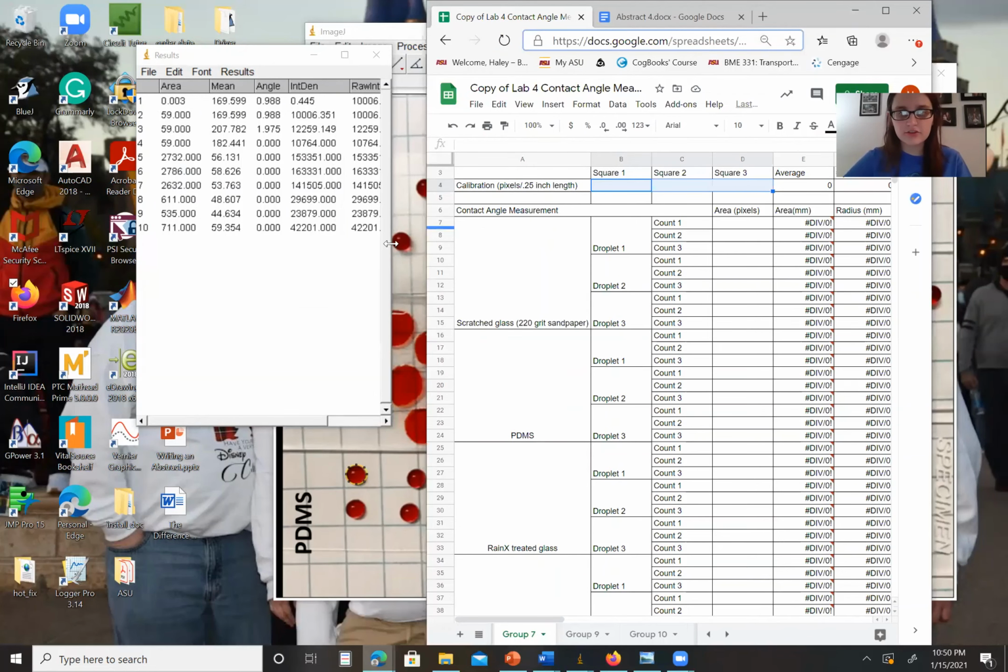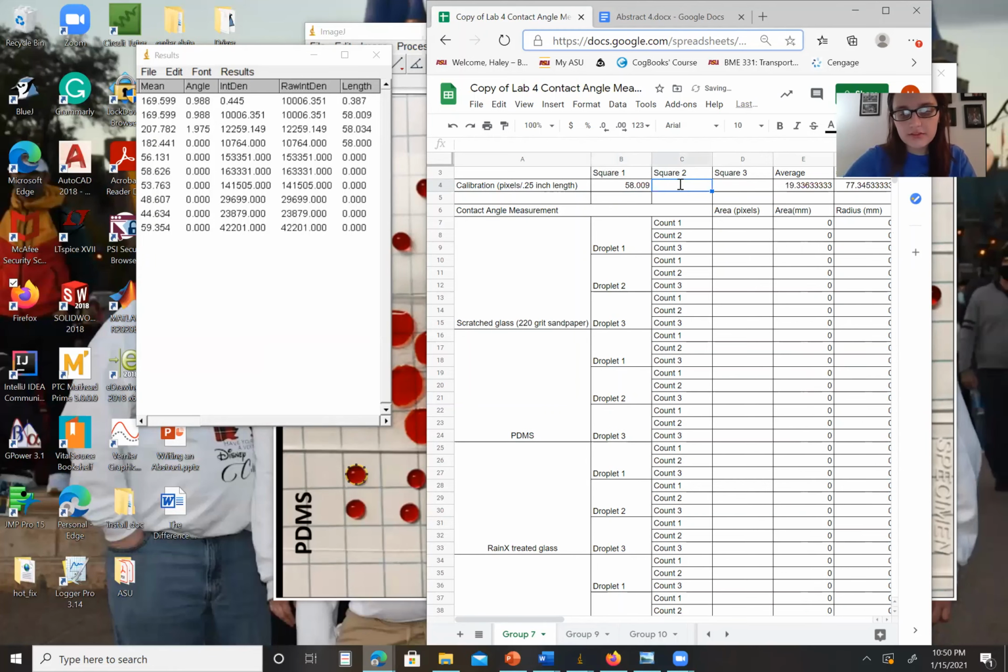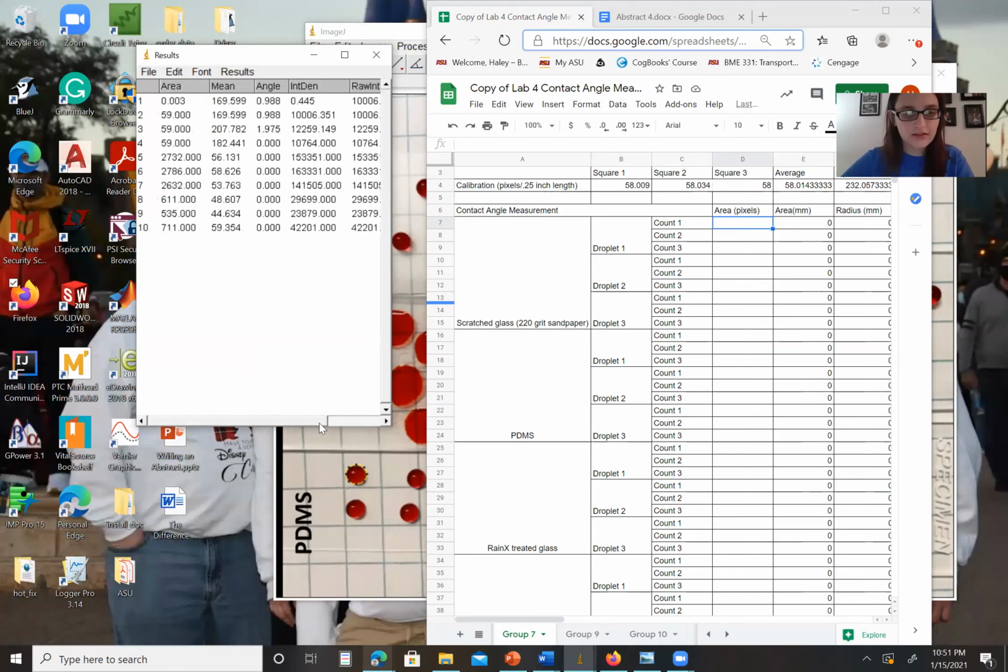So here's the Google Sheet I was talking about. First, you want to calibrate. So our first square, the length, was 58.009, 58.034, and then 58. So that's perfect. Now we have scratch glass. We did 1 droplet with 3 replicates. So you can also put that in your abstract. One of the things is replicates. So we have